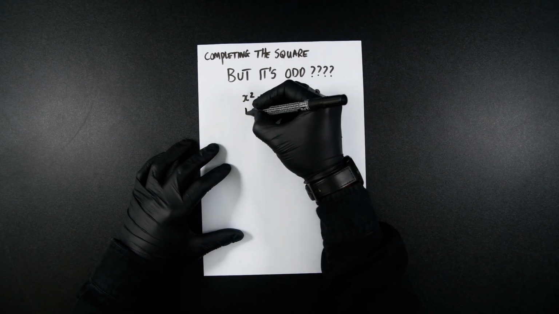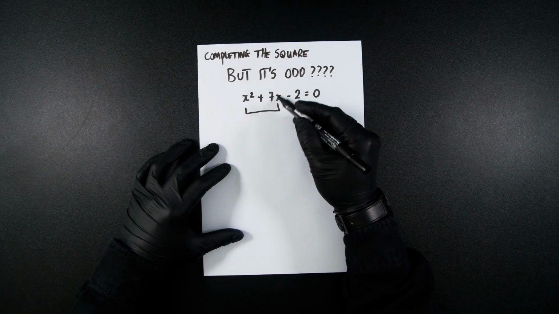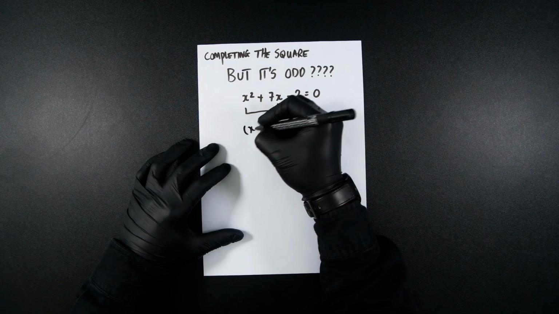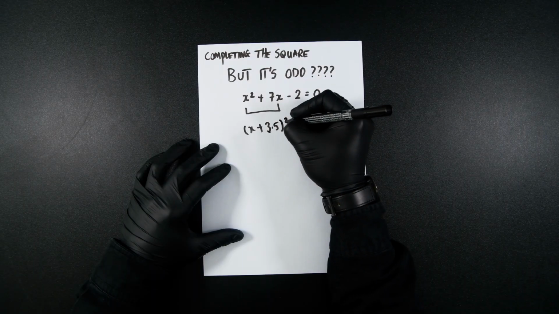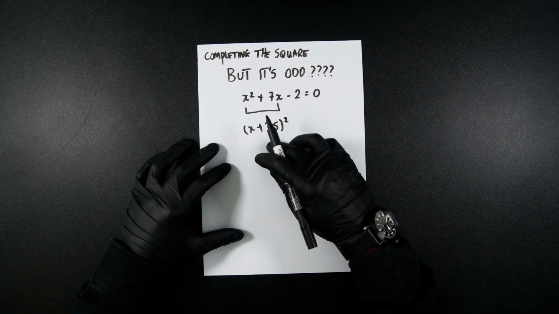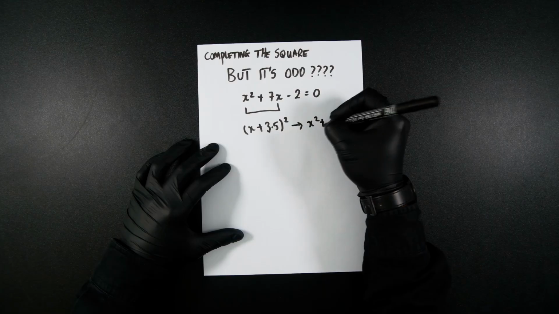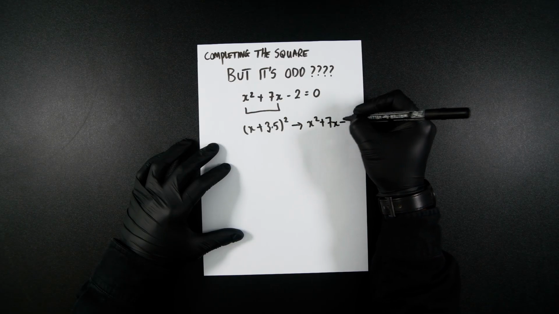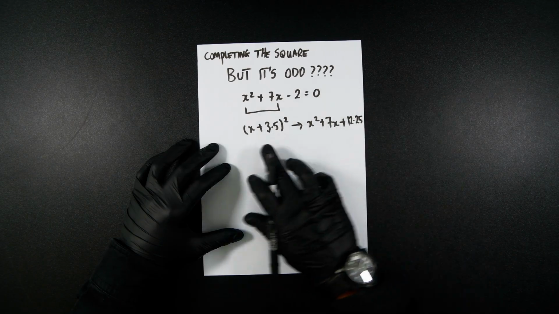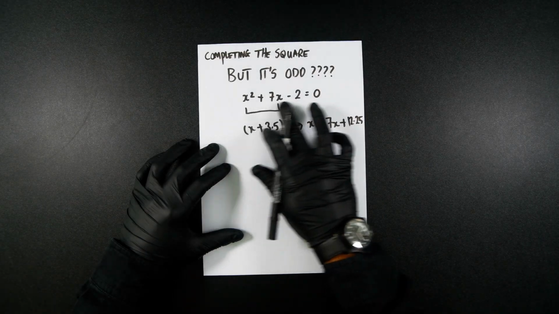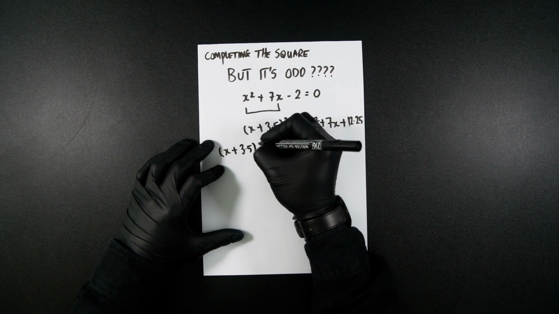So we're first going to look at these two positions and ignore -2. You half whatever the value is here, and we place it here, x plus 3.5 all squared. However, if I expand the brackets for this, that's going to be x squared plus 7x plus 12.25. So for this to be the same as this, we would write x plus 3.5 squared